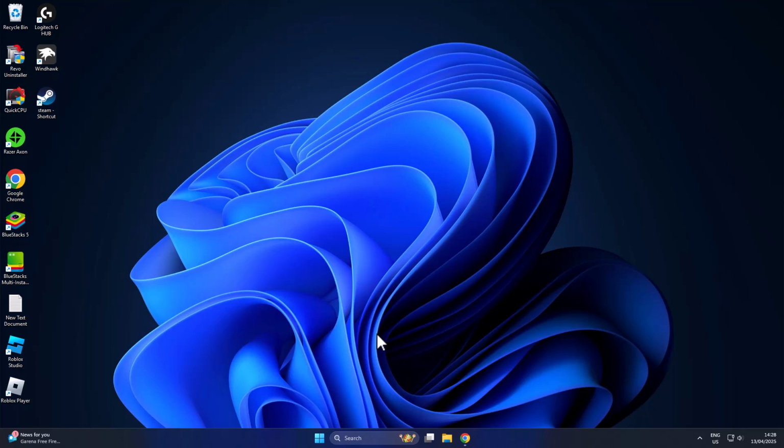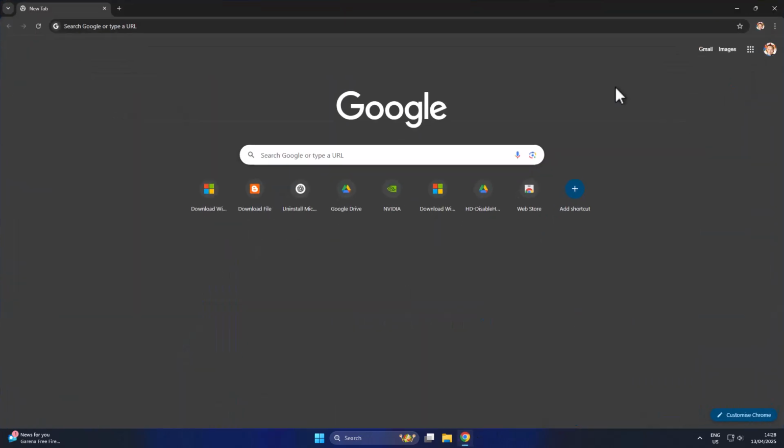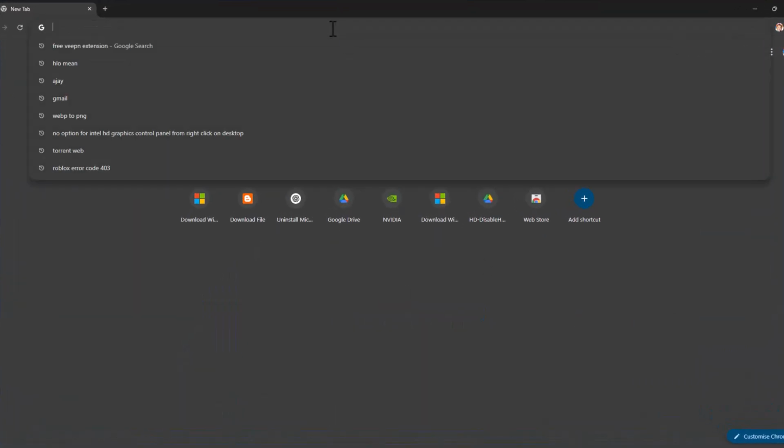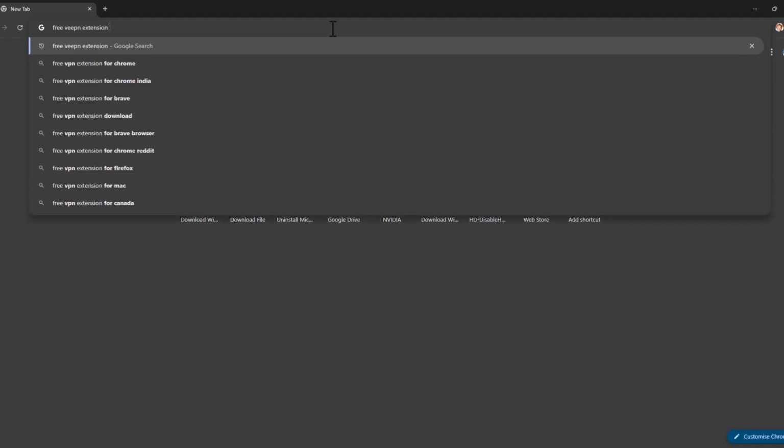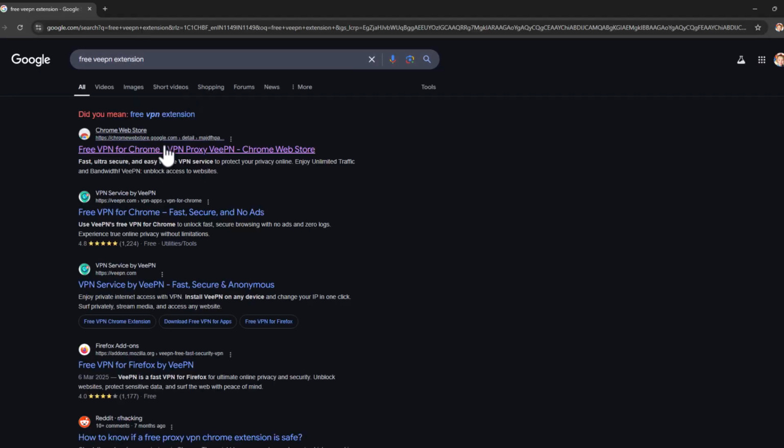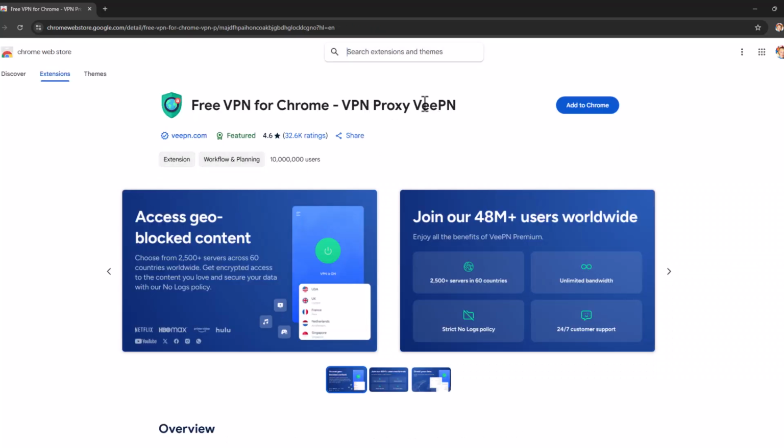Today we are going to see how to add a free VPN extension for Chrome. I'll show you guys how to do it. You just need to search "free VPN extension" and press enter. Select the first link that comes with the Chrome Web Store, and here is the VPN named as